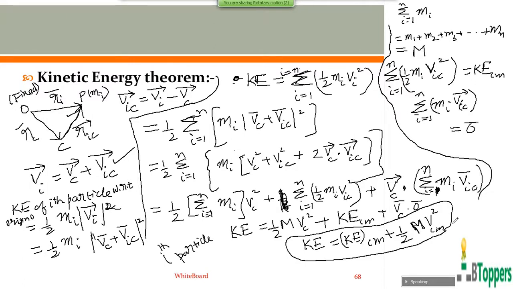Next, I am going to discuss the combined translational rotational motion of a rigid body, and we are going to use this equation to write the equation for the total kinetic energy of a rigid body, which may be performing both translational and rotational motions. A rigid body which is performing both translational and rotational motion can also be considered as a system of particles of which it is composed.